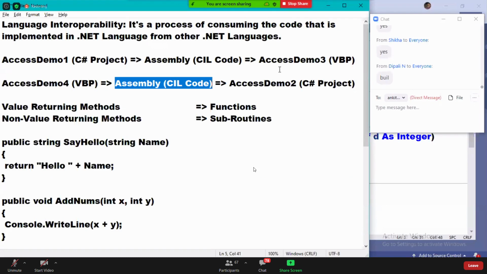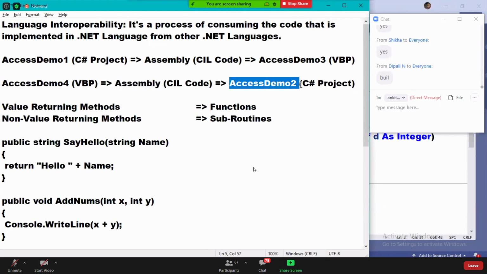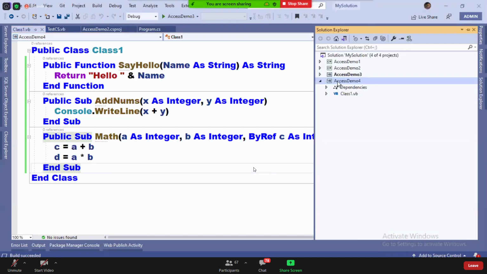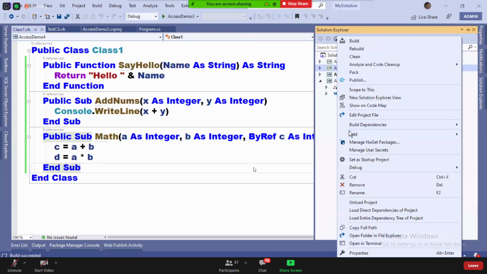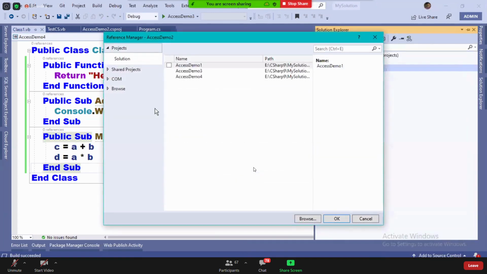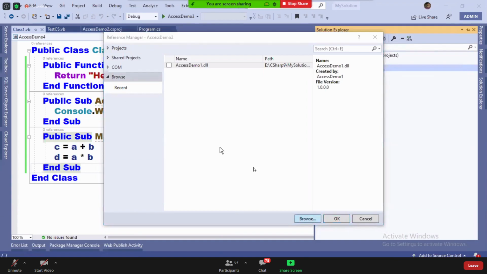What to do? Add a reference to Access Demo 2. Browse.